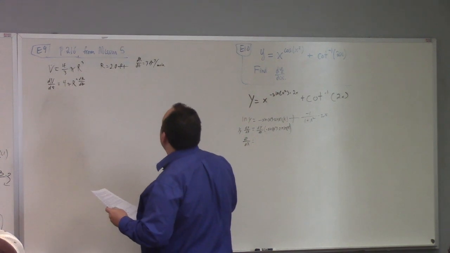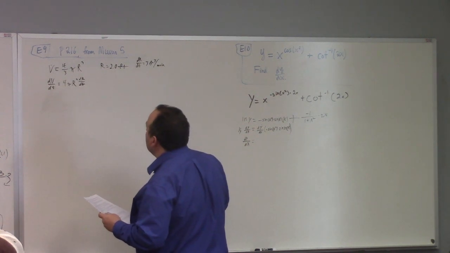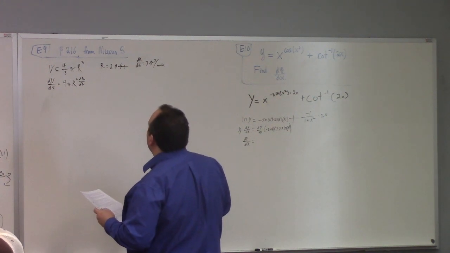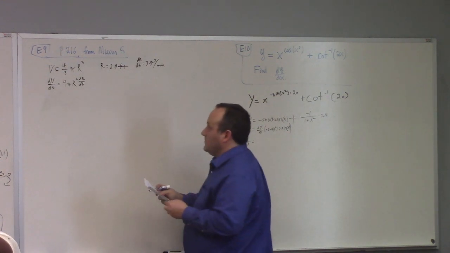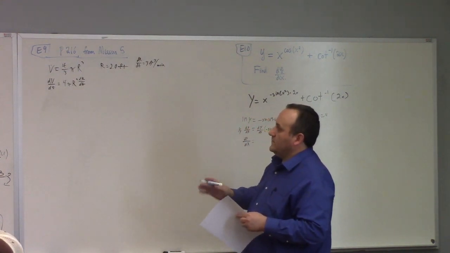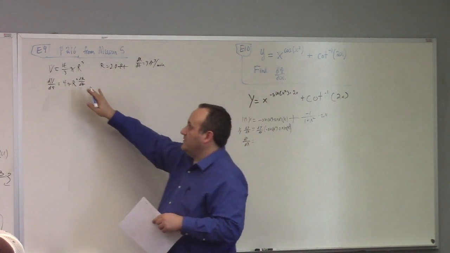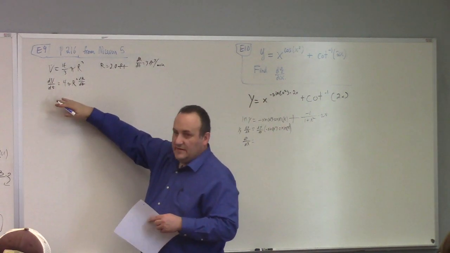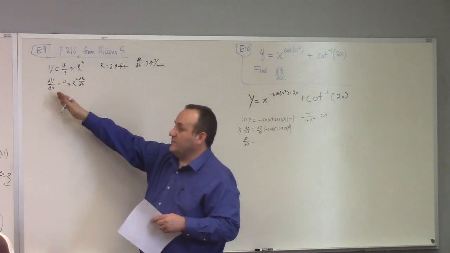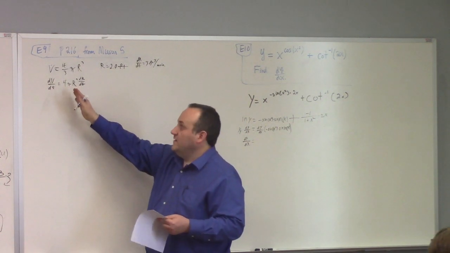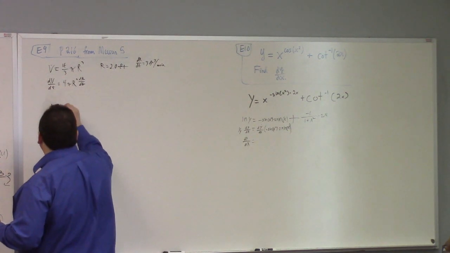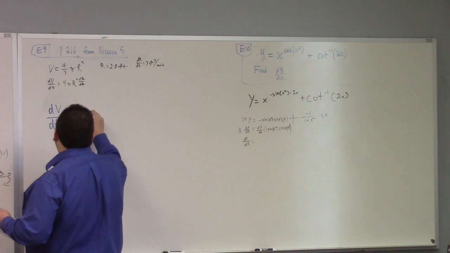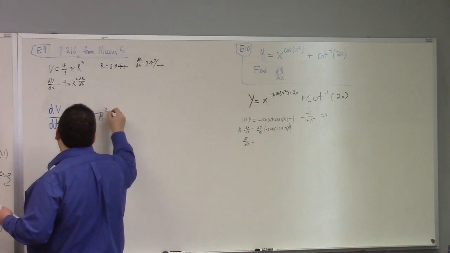On the far right side, the dr/dt. The 3 feet cubed per minute. Right. But no, this is helpful. So far so good. The volume is related to the radius like this. So we differentiate it implicitly, assuming the volume is a function of time, the radius is a function of time. And so we relate the rates. I'll just write it down here bigger. dV/dt is 4 pi r squared dr/dt.